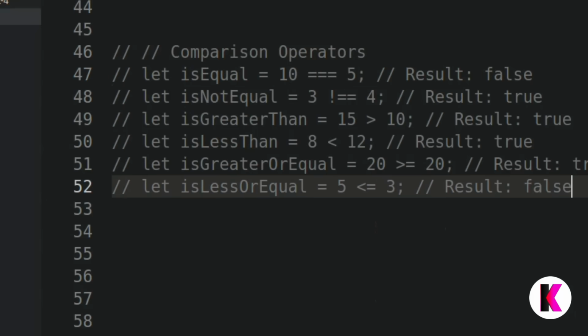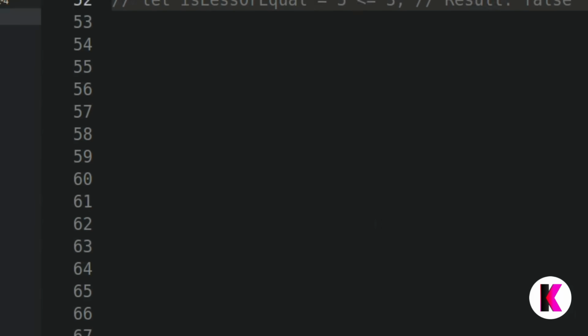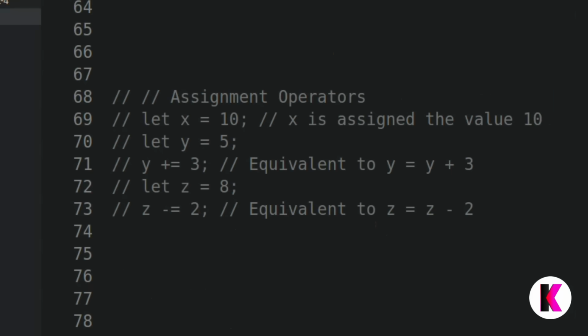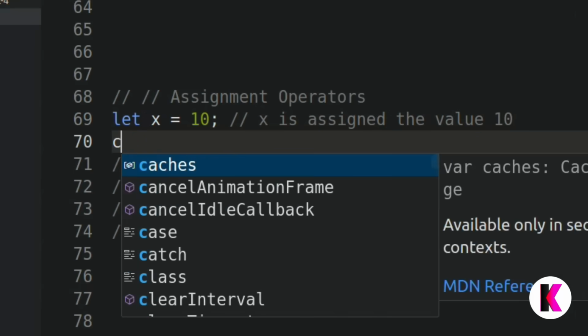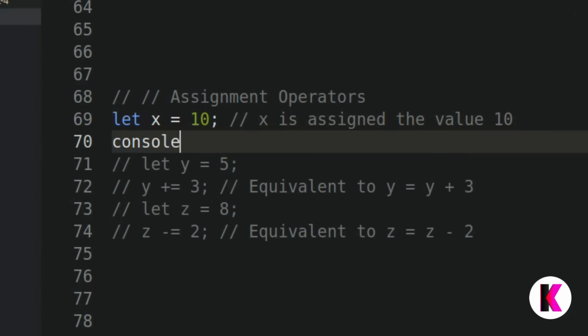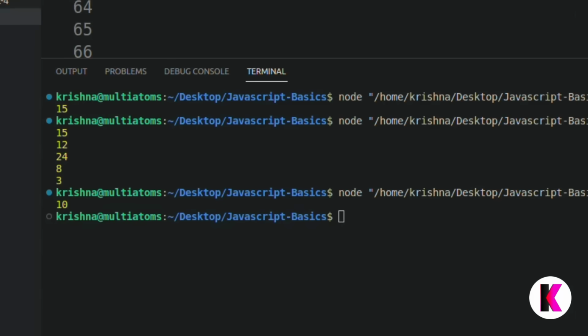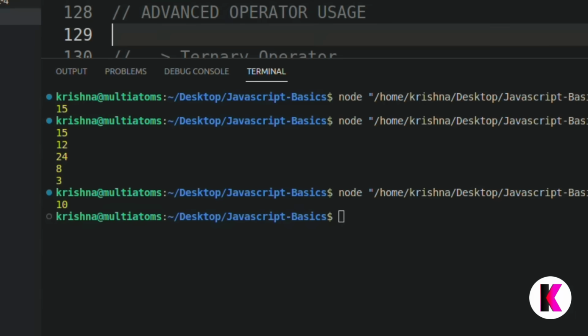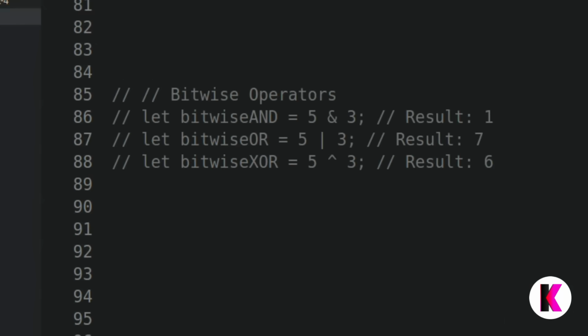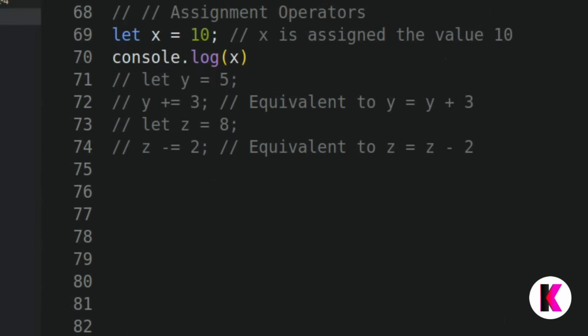Our next operators are assignment operators. If you have to assign some value to a variable, we use the assign operator. This x is a variable, and we have to assign the value 10 to x. So just let x is equal to 10, and if we print the value of x, we can see it equal to 10. After this we have operators like plus is equal to, right? These are shortened operators. Plus is equal to, if we simplify, is y is equal to y plus 3. So jump to the next operator.